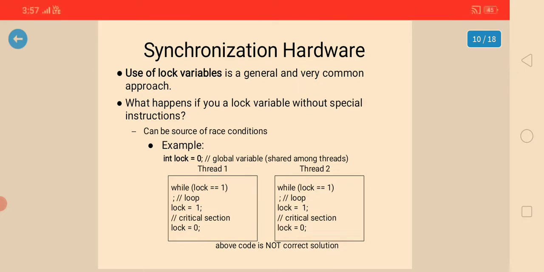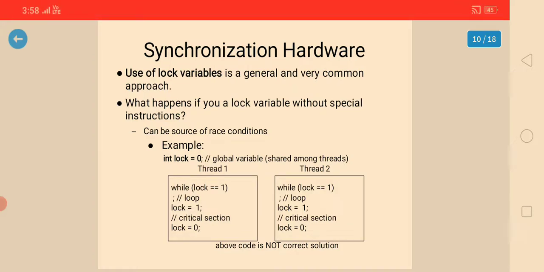Using lock variables is a general and very common approach. What happens if you lock a variable without a special instruction? Here we define two threads. Initially lock equals 0, a global variable shared among the threads.